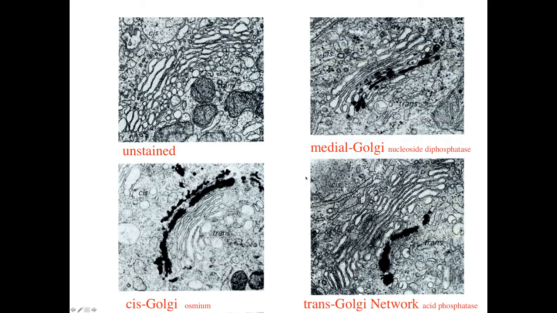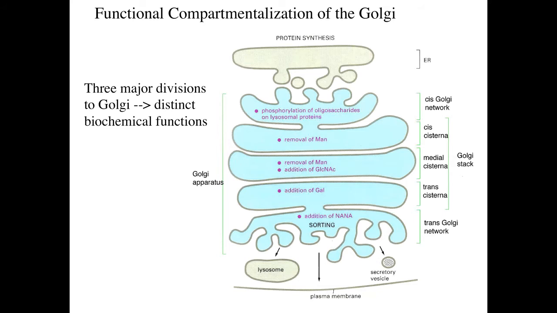the trans-Golgi. So here is a cartoon that will look at functional compartmentalization of the Golgi, and most cell biologists that have studied the Golgi look at the Golgi as having three major divisions where there are distinct biochemical functions that occur. So let's start at the top of the slide. This would be the ER, and so vesicles moving from the ER to the Golgi. In the cis-Golgi network, it's thought that there'd be phosphorylation of oligosaccharides on proteins that are destined to be routed